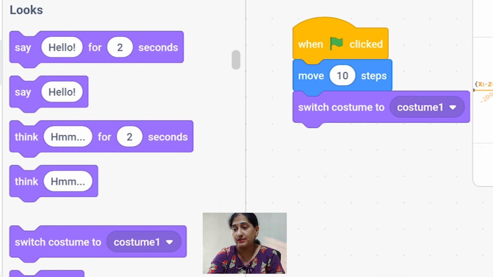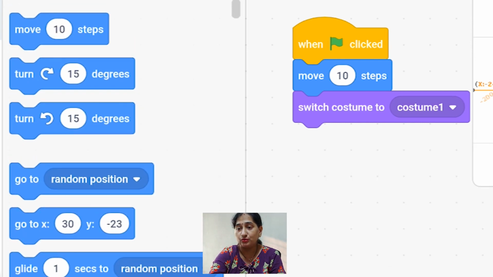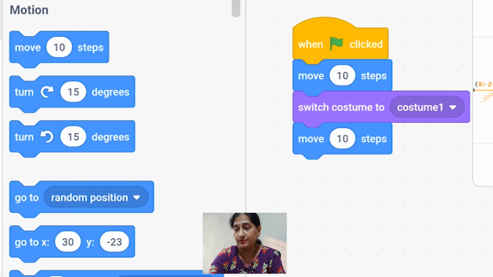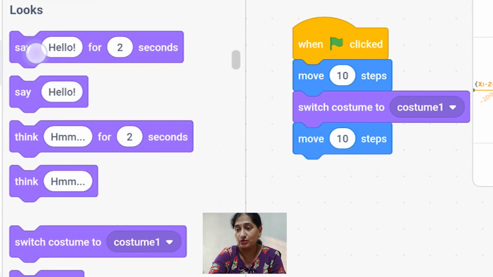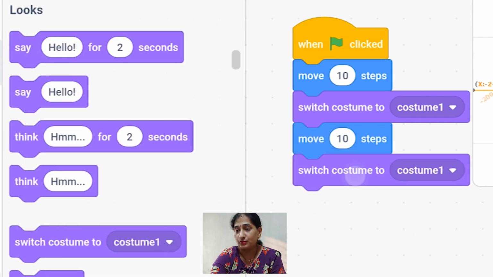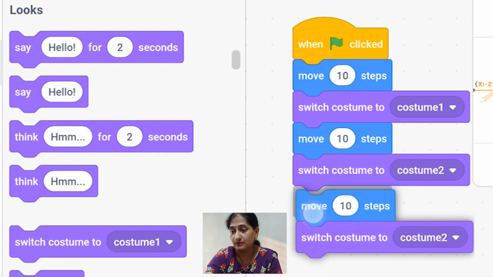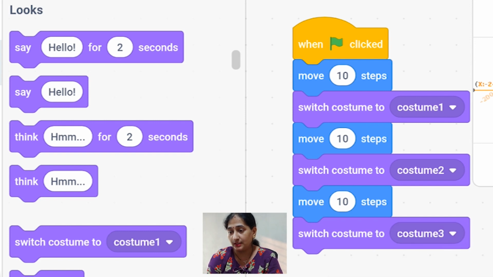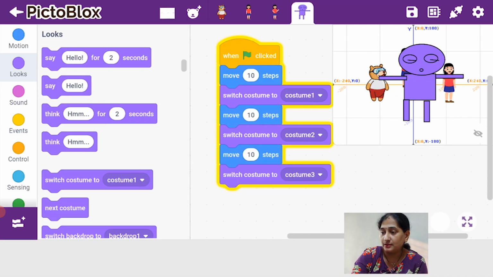So for the first one I will say costume 1, then again I will go to motion, move 10 steps, switch costume to costume 2, and then I will duplicate this and say costume 3. Let us run.